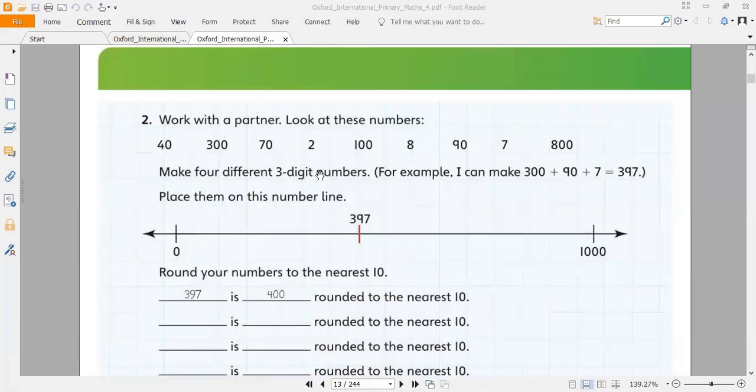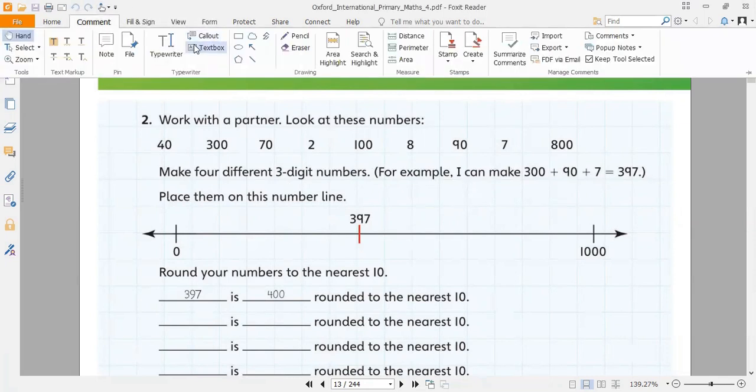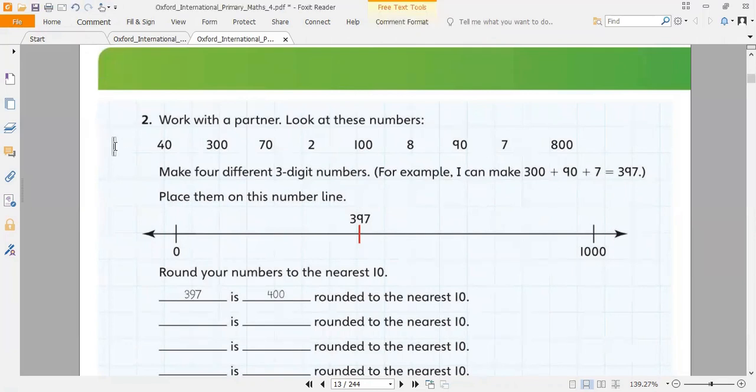Make four different 3 digit numbers. For example, I can make 390 plus 7. Okay, let's make the numbers. First number: 800 plus 70 plus 8 is equal to